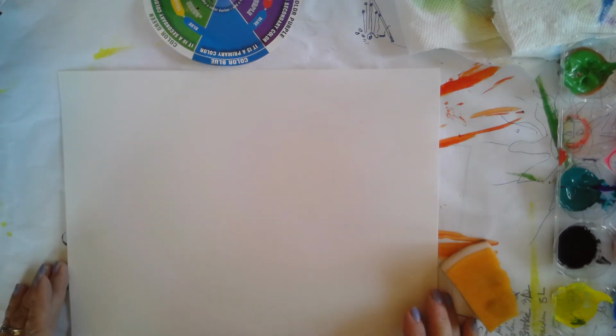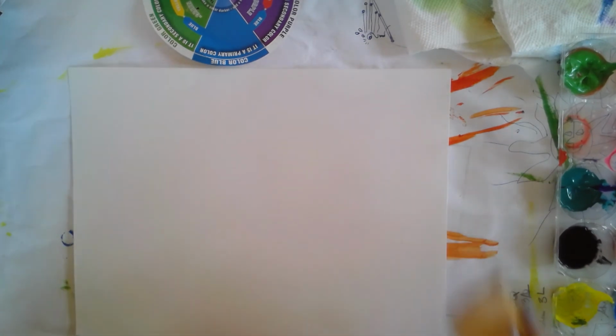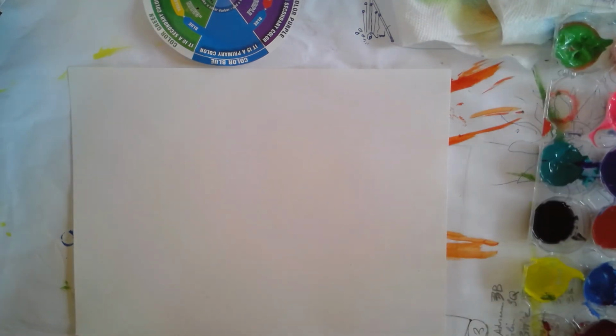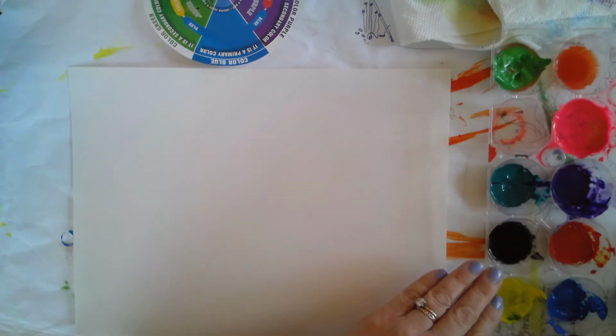Alright, so today, boys and girls, we're making our Monet water lilies. We're going to use a sponge, just a small piece of a sponge, and I have blue, I have purple, and I don't have any white. If you have white, that's good too. Green, and we are just going to start by